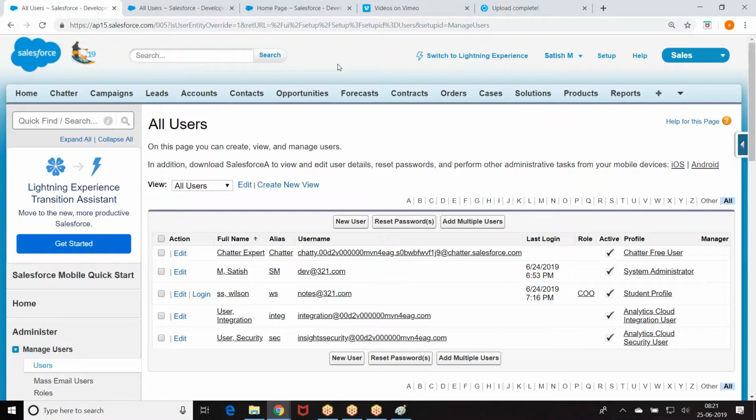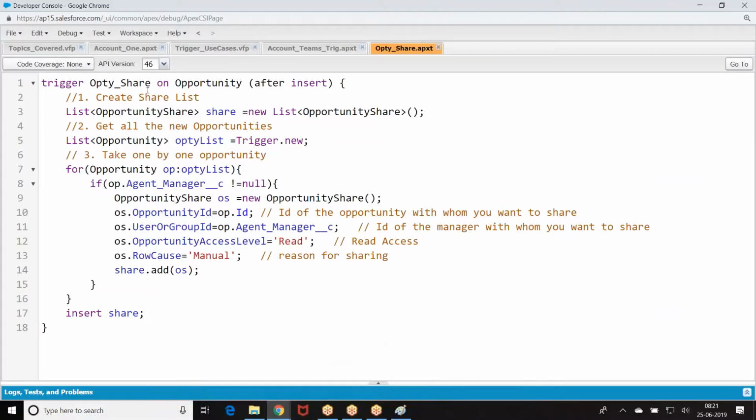So I want the record to be submitted for approval programmatically. Whenever I create a record and a particular condition is met, automatically submit the record for approval. How can you submit the record for approval programmatically is the context. Okay. So before going to that, let us do a few examples on this.